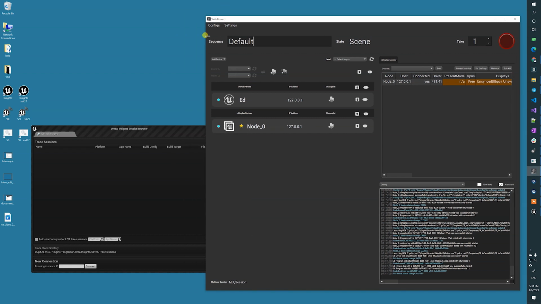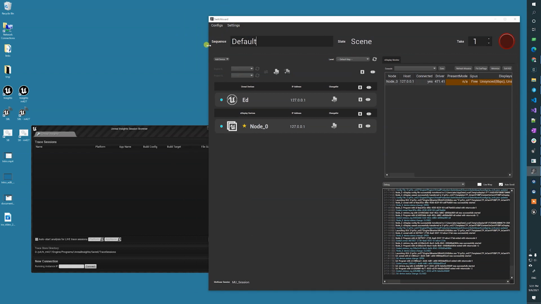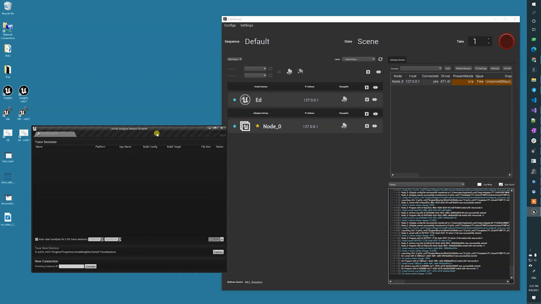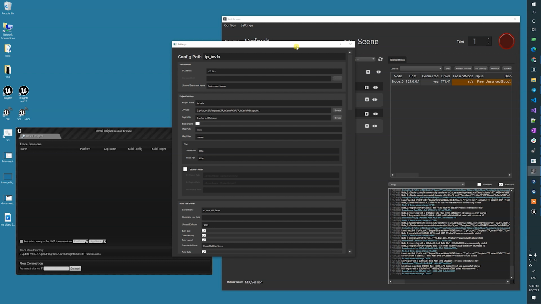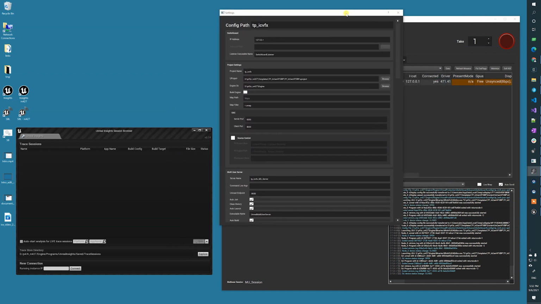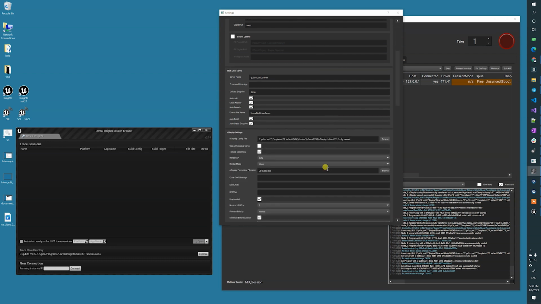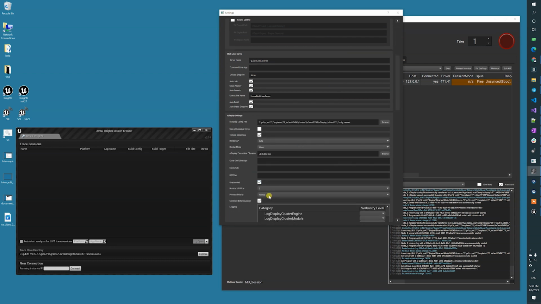So how do you tell Unreal to capture a trace or connect to this session server? We're going to launch the Unreal instance or the cluster, any given cluster node, with some command line arguments. So you can scroll down to the nDisplay settings area. There's a part that says extra command line arguments. This is just equivalent to putting these on the command line when you launch the instance.